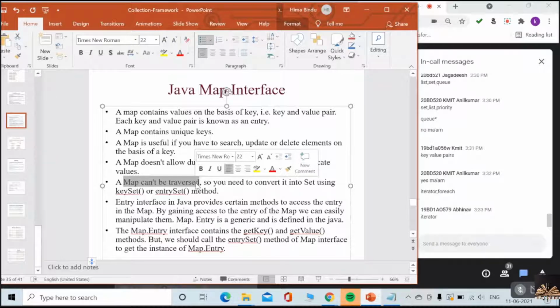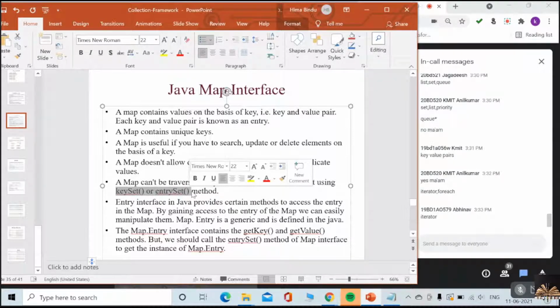What you have to do is convert that map into a set, then you can use that set to iterate. Understood now, everybody? We cannot traverse a map directly, but a map can be converted to a set using the keySet and entrySet methods. Then we can traverse that. Okay? Then entry.